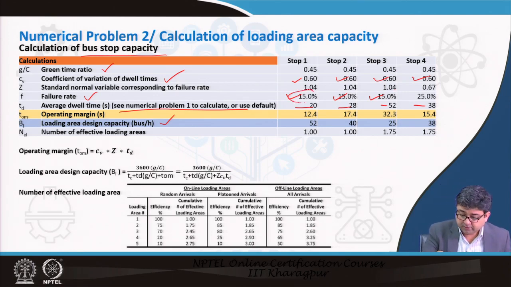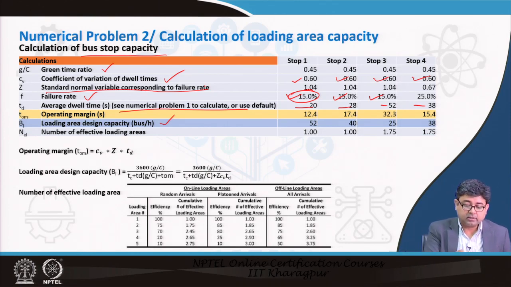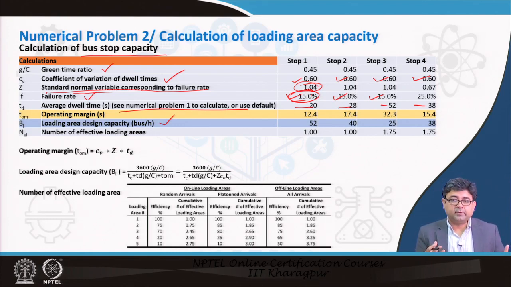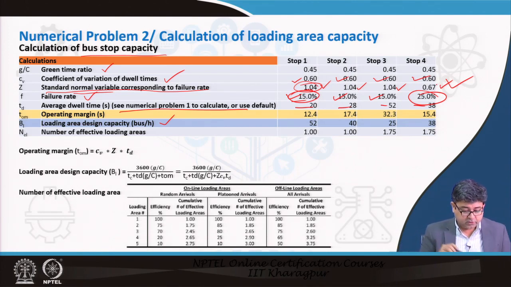So, you can calculate the failure rate, and from the failure rate, say that the failure rates are normally distributed, then you can calculate the corresponding standard normal variables for the failure rate. So, if 15% of the times it fails, that means 85% of the times it is able to get in. For a standard normal, if you go and look at the Z curve, then you can find these normal values of 1.04. In case of 25%, there will be 75% of the times it is able to enter. So, those values will be different. So, you know all of those.